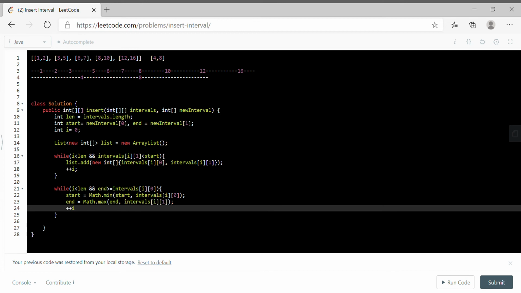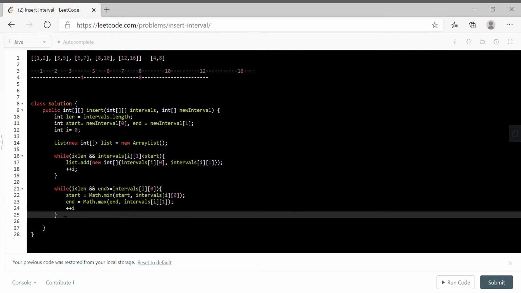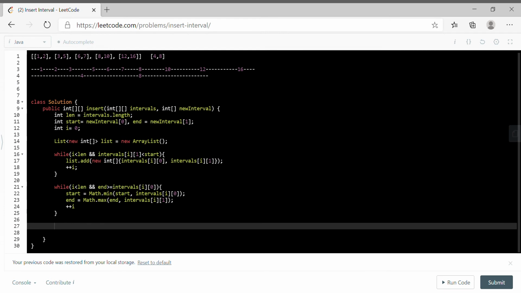So whenever end is greater than the 3, we will carry on, and once we have the start and end, we will add it to the list, right? New int array of start comma end.